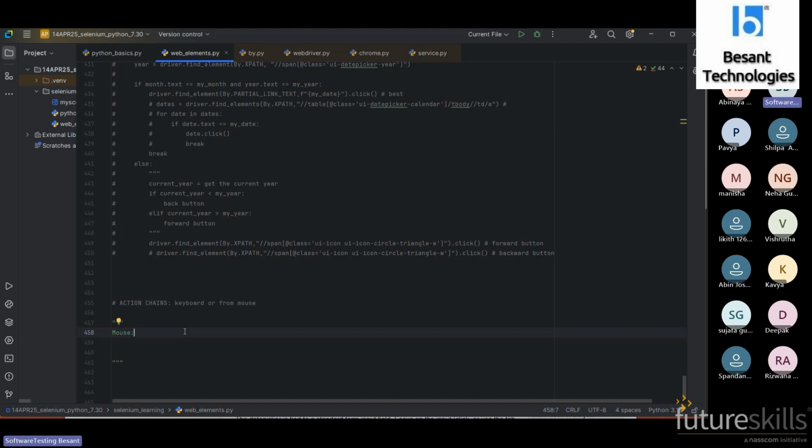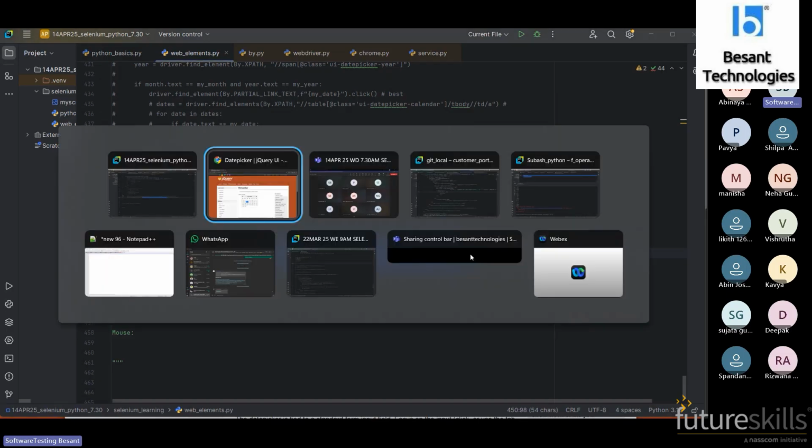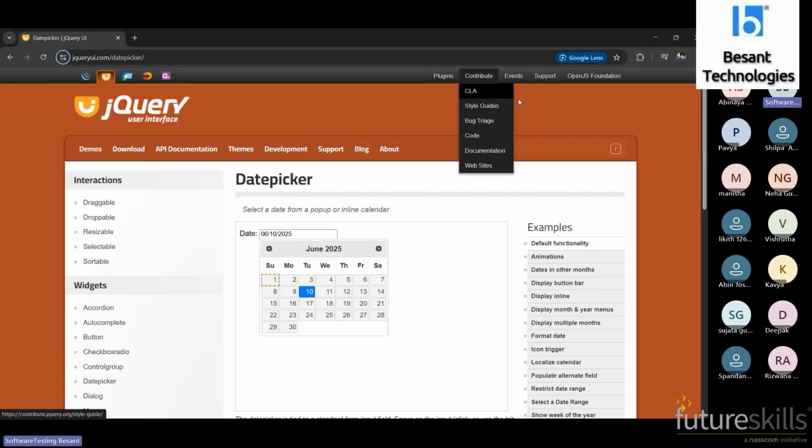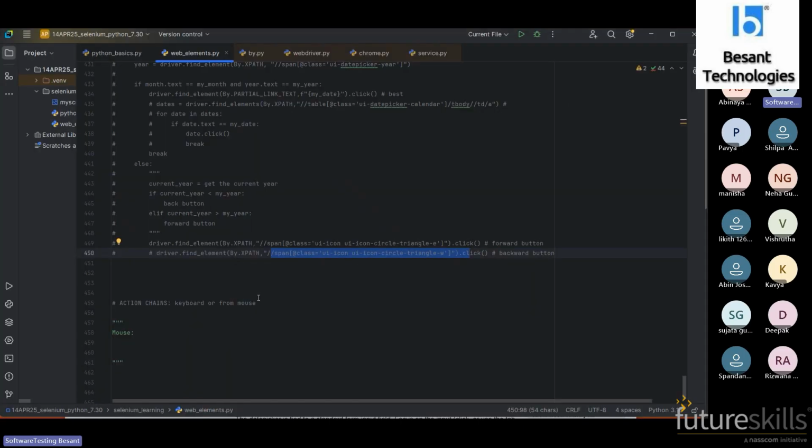Because in real time, these elements may not work properly. In order to scroll down, to hover, to do the right click, or to do some operations, at that time action chains will work for us. In the mouse, we have right click, double click, drag and drop, then slider, scroller.